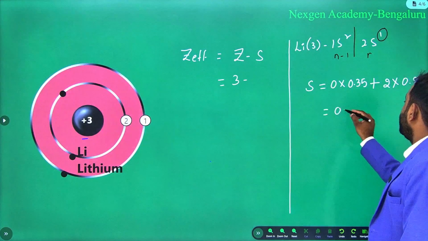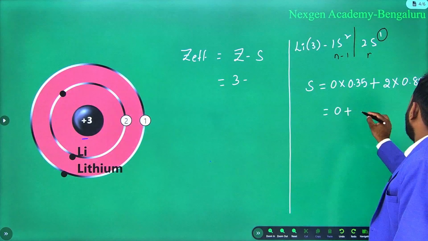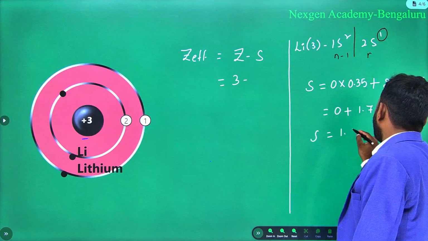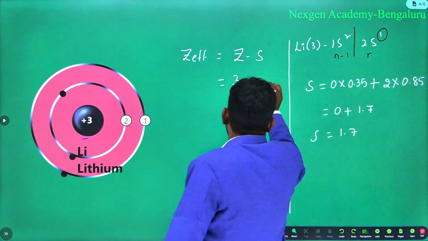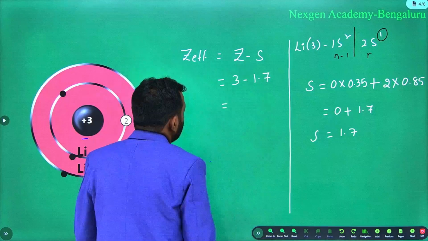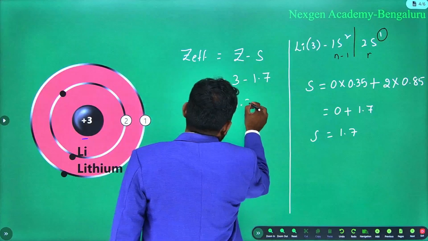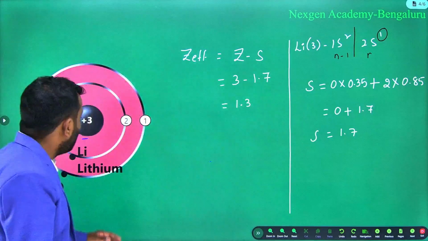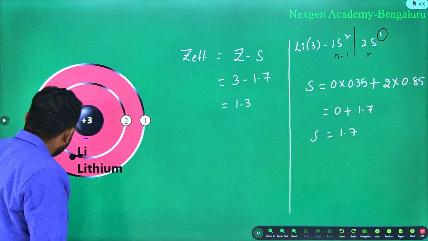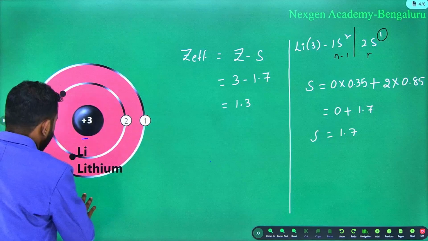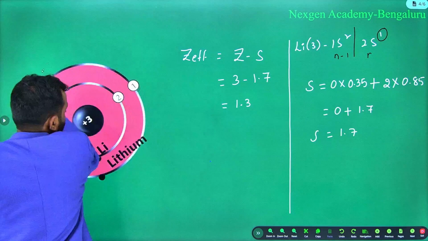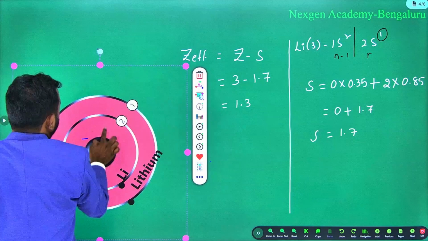So this is 0 plus 1.7. So the S value is 1.7. That 1.7 you have to subtract from 3. How much is it? 1.3. So what is the meaning of this 1.3? See this valency electron, whatever valency electron is there,